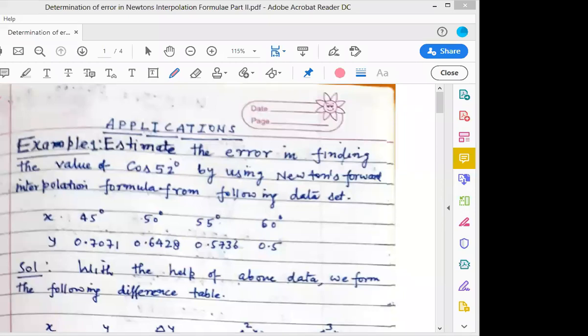What was the amount of the error as a formula for the backward case? The error, denoted by R(x), is equal to u into (u plus 1) into (u plus 2), and so forth, up to (u plus n), upon factorial n plus 1, into the n plus 1 times backward difference taken of the function at y m.